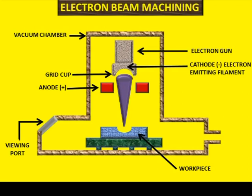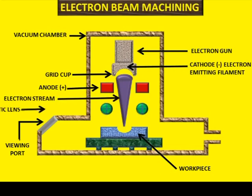and the electron beam is then refocused by a magnetic or electronic lens. These are the electronic and magnetic lens. Here it is refocused. So the beam is directed under control towards the workpiece, and here the electrons maintain the velocity